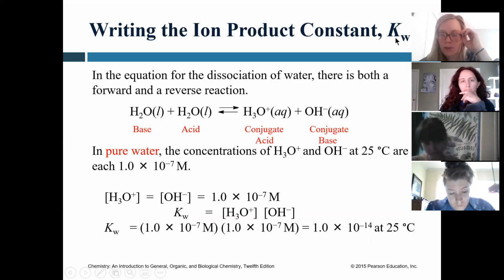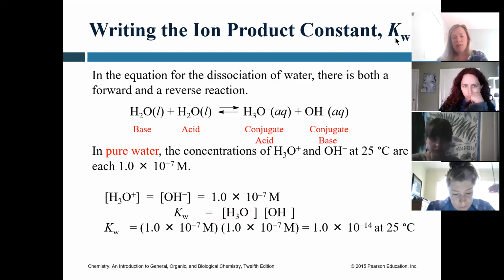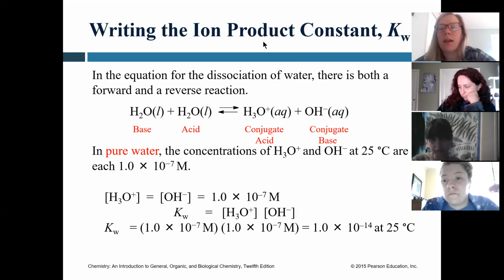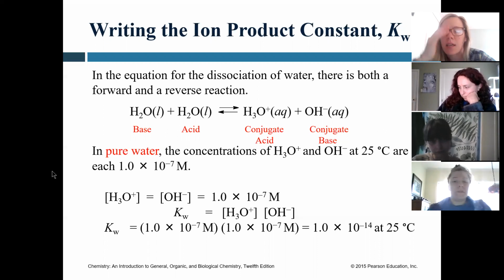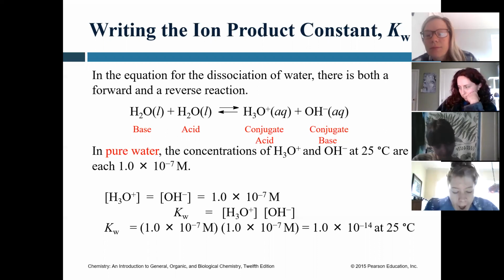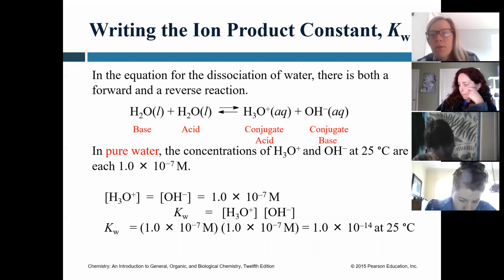In pure water, so this is not salt water, doesn't have anything else in it, it's just H2O molecules, if you're at 25 degrees Celsius, you reach this very specific concentration. Both the H3O plus and the OH minus will have a concentration of 1.0 times 10 to the negative 7. Okay, so it's a very small concentration, right? We'd have to move the decimal out 7 spots. But that is constant. If you have pure water at 25 degrees Celsius here in the United States, if you were to run the same experiment and have pure water at 25 degrees Celsius in India, you would get